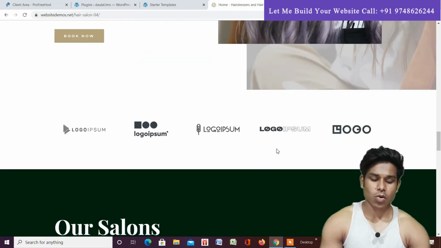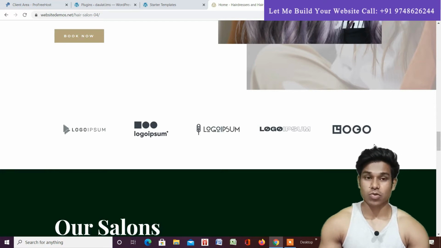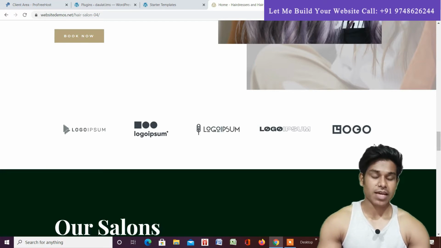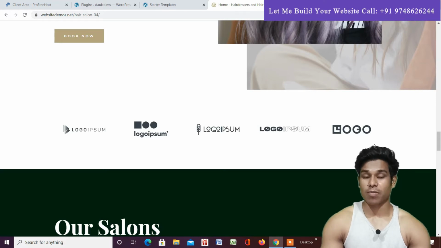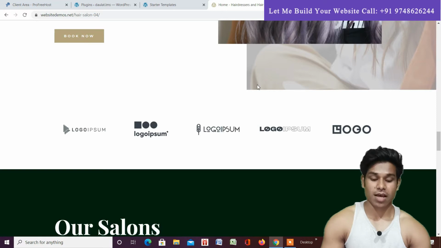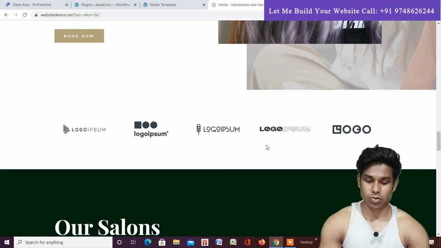And here we try to display all the brands which this salon works with. It's very good for the brand because when you display other, famous brands, the visitors of your website, those who want to take your service, get an extra push to take your service or book an appointment at your salon. It gives them an extra push that you are an authentic website and you are really popular and famous, so they will trust you more.